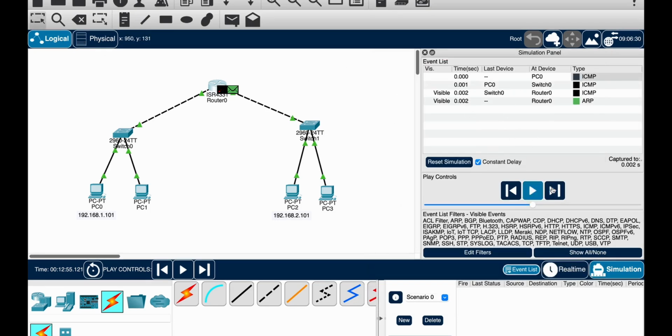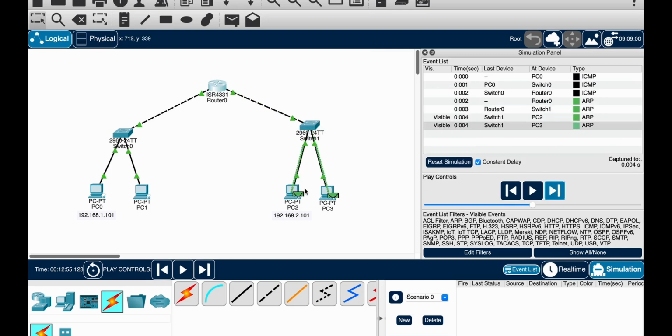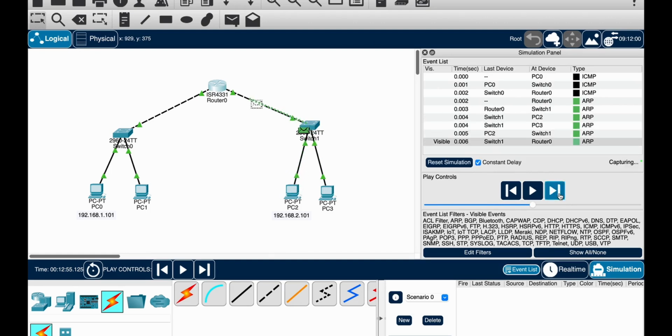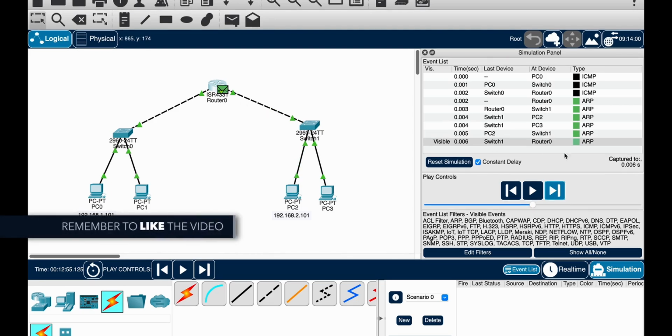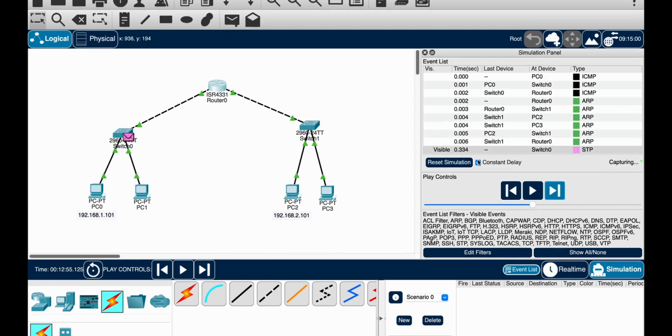So let's make sure that this ARP runs. ARP goes out, it's a broadcast, PC2 is going to accept it, PC3 is going to reject it. You should already be familiar with this. The packet information comes back, and when the second interface of the router knows where this thing is, it's going to send out the ICMP packet, which is the ping packet.